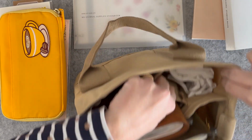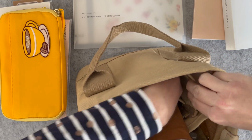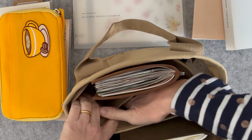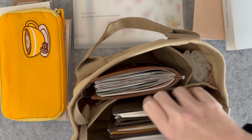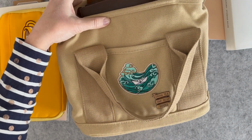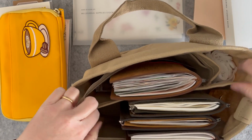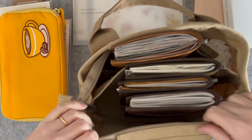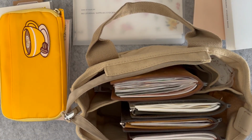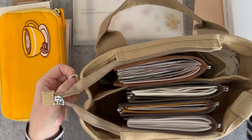but it has a pocket in here where you can keep like a pencil case or a water bottle, and another little pocket here for like tiny things, and then it's got a pocket in here with another smaller pocket on the side, and then like a big main compartment here, and another external pocket where I have added on another little patch and a pin that says drink tea and read books. And it also has a zip, so if you're worried about your things, you can actually zip it up. It has some flaps that come across and zips up. And it also has a couple of D-rings, one on each side, and it did come